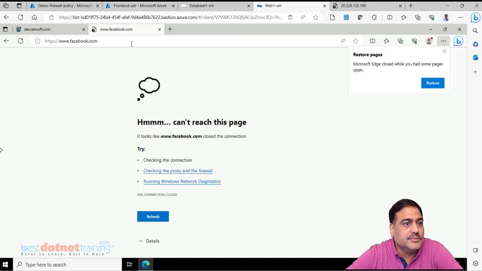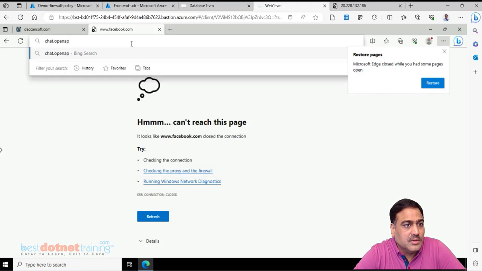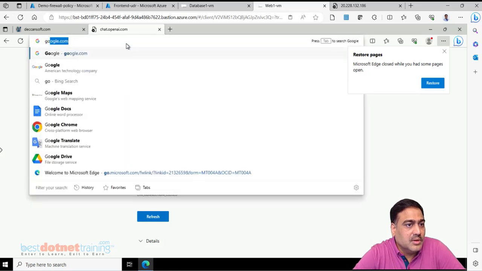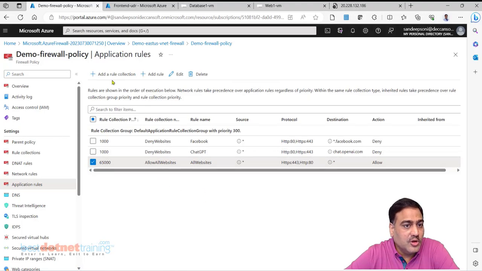Facebook blocked. Chat.openai.com blocked. Google allowed. So this is how we implement application rules. These are all application rules.